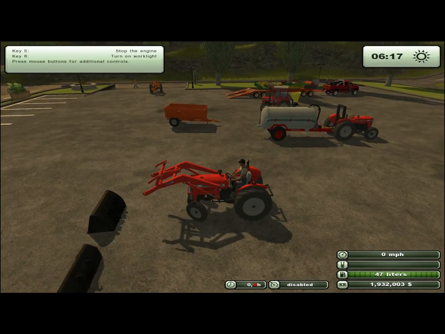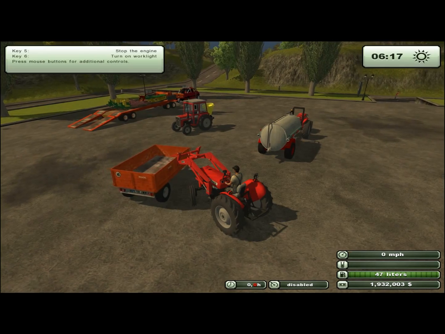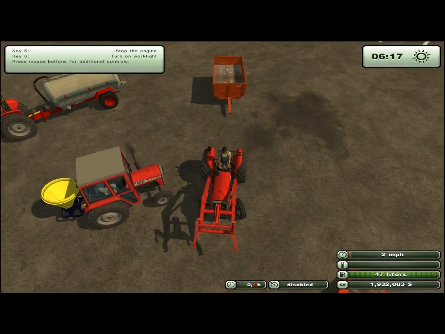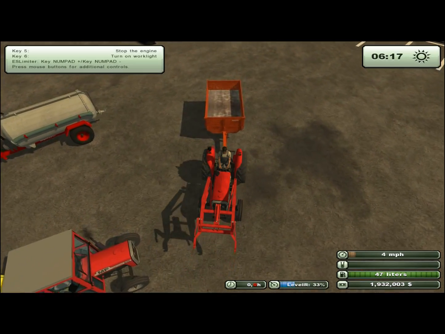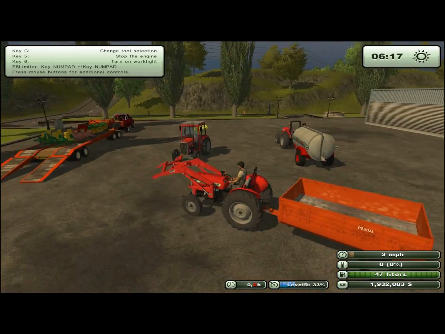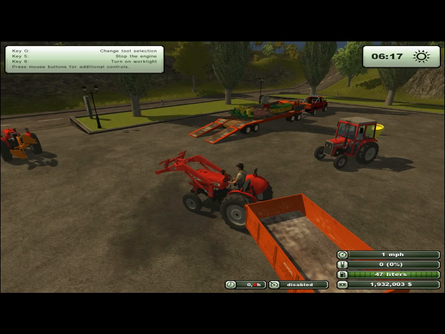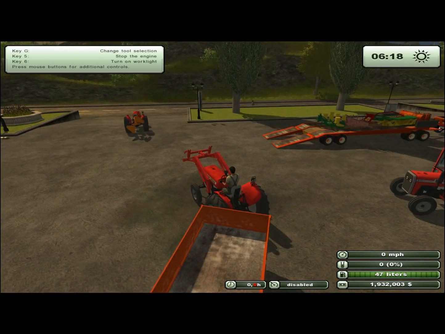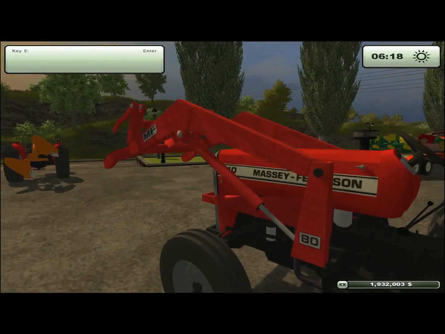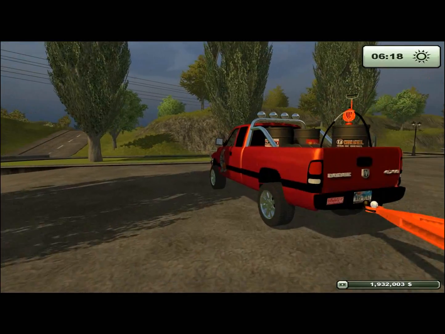Alright, so... Oh, let's see. Let's hook up to this. This should be... Let's shove it over. How about that? Alright. I can't drive. Let's hook up here. So we're going to need to know what our capacity is for this. And we want to know what our capacity is for the slurry tanker. And we're going to want to figure out what the range is on each of our implements. So, let me pause the video here. And actually, you know what? Before I pause the video,